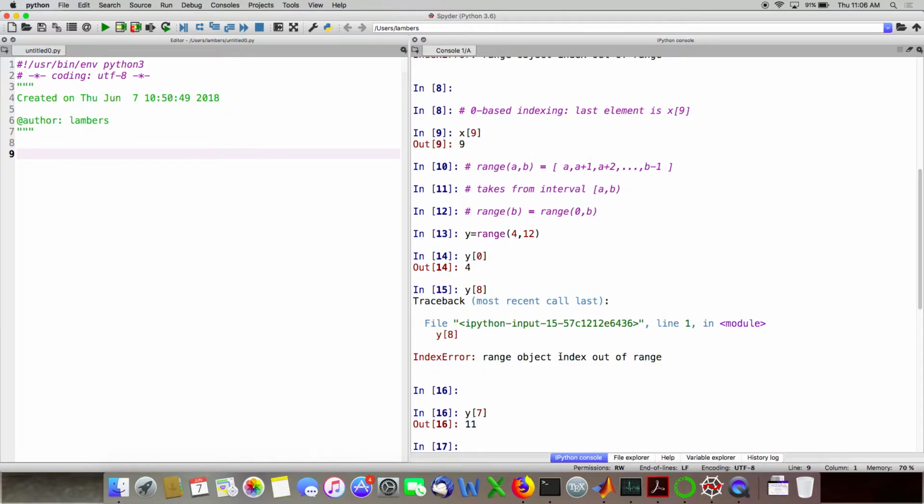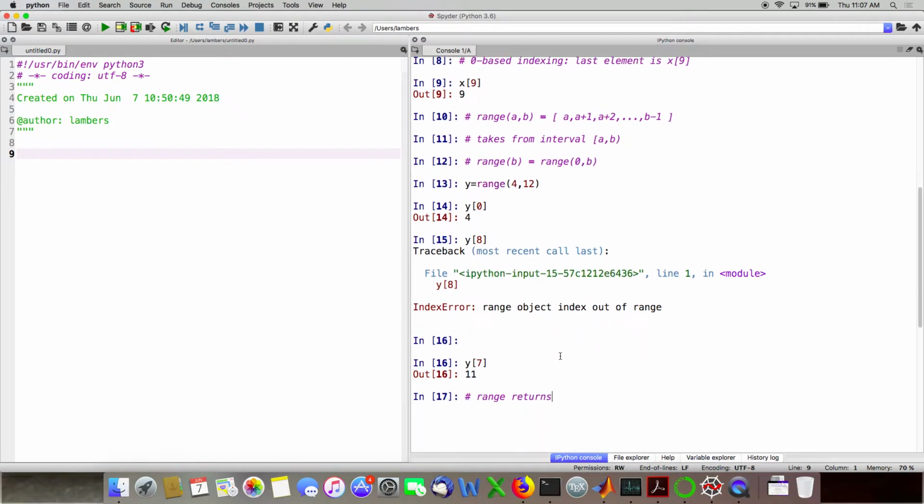Now we're going to see ranges used often to set up for loops. So like if you do for i in range 10, that'll be a for loop that runs 10 times. We'll come to loops a bit later, but that's the most common usage I've seen, is for iteration. But